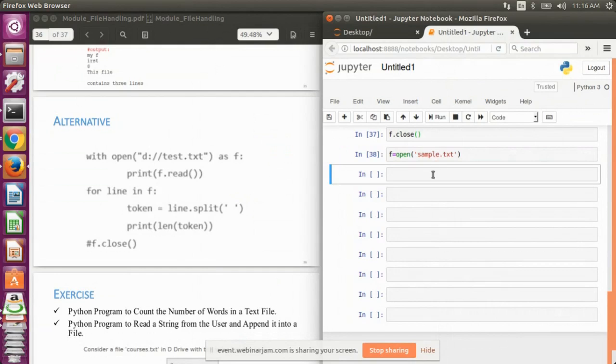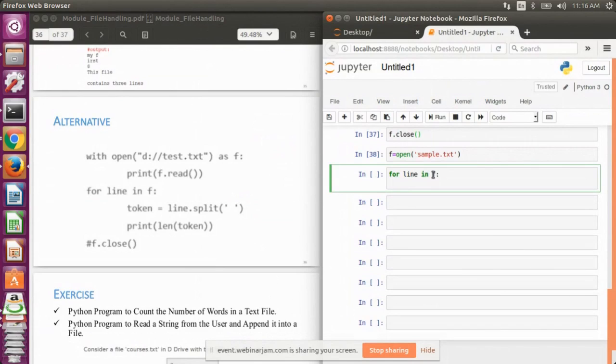So we will use for line in f colon, word equals line.split function. Basically, line is a variable that is a string data type.